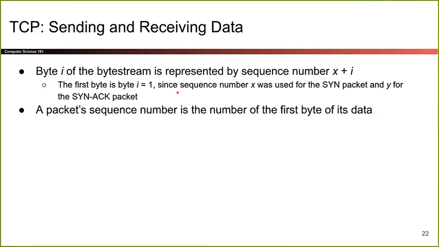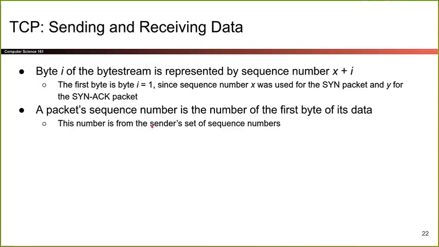And the sequence number in a packet, so you can think a packet has a lot of data, right? So maybe this packet has 100 bytes inside. Well, I don't want to label all 100 bytes because that's a waste of space. So the way I label a packet with lots of different bytes is I label it with the first byte of the data. And I assume the data inside is all consecutive. So if I have a packet with 100 bytes and the sequence number is 73, then what we're saying is these are bytes 73, 74, 75, 76, all the way up to 173. And that's the sequence number.